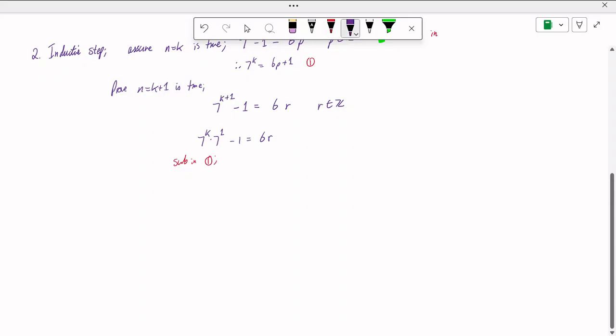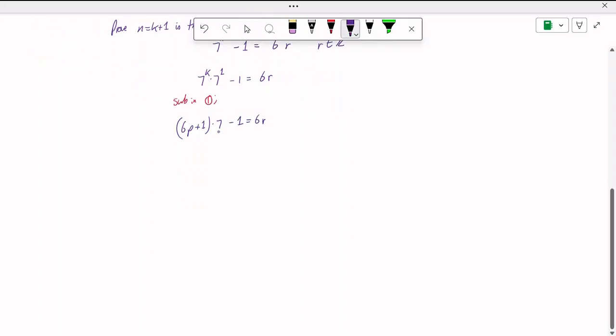So I'm now going to write that 6p plus 1 all multiplied by 7, take 1 equals 6r. I'll distribute the 7, I get 42p plus 7, take 1 equals 6r, I get 42p plus 6 equals 6r,